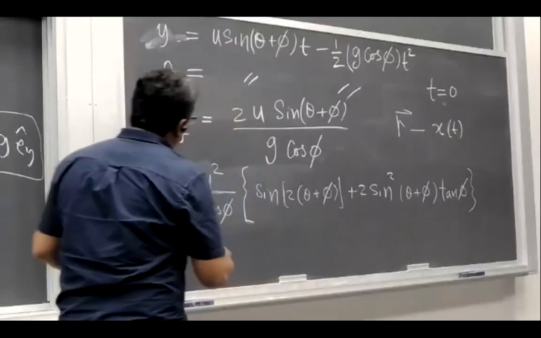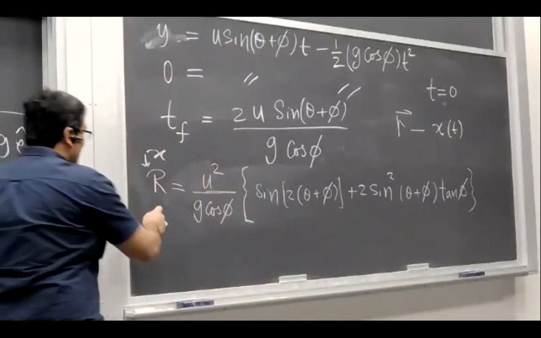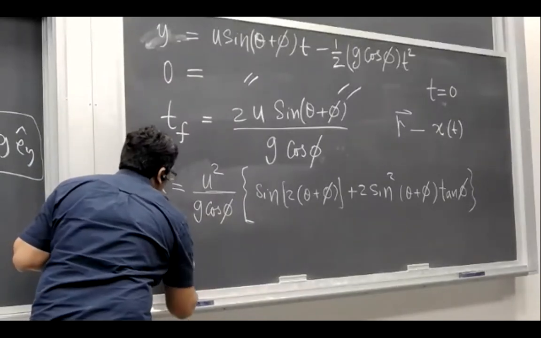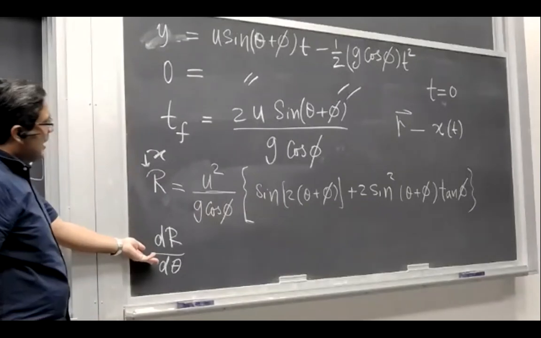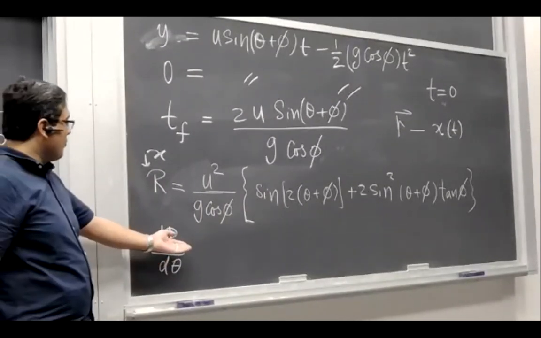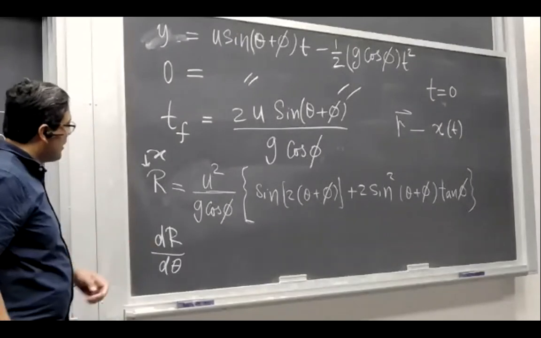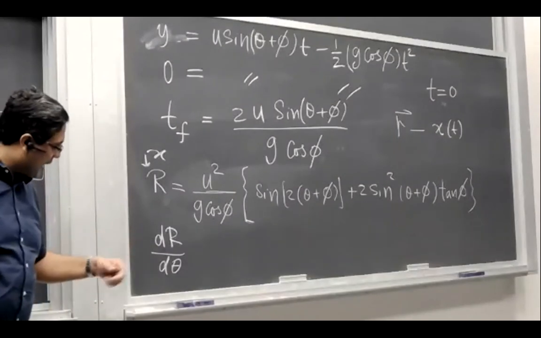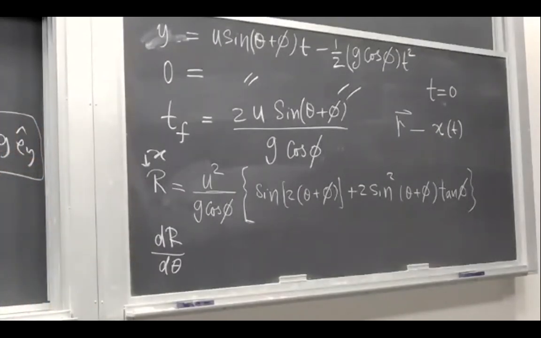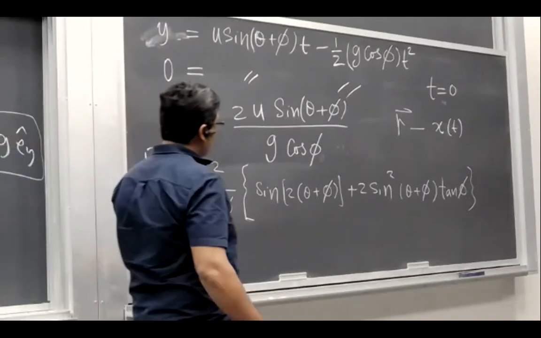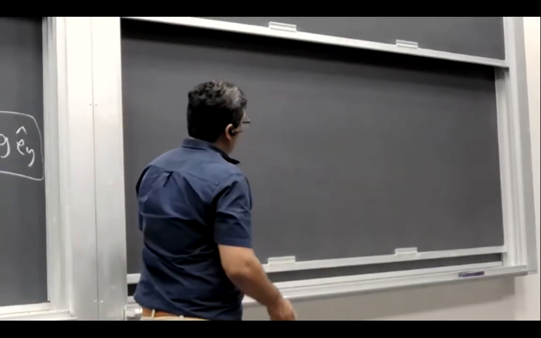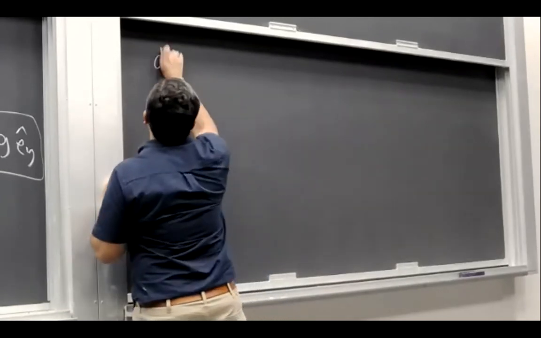So now what I have to do is I have to find the angle which would maximize this range. And the angle would be if I take the derivative of R with respect to theta and then set this equal to 0 and then calculate the value of theta that would give me the maximum range. That would maximize the range. Okay, I'm going to write the derivative for you. I'm not going to take it one by one on the next board. So now you have R, and this would be dR over d theta.